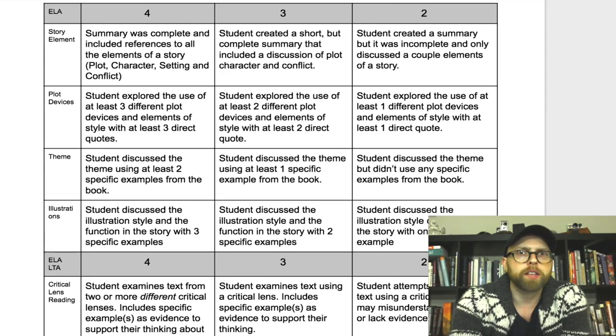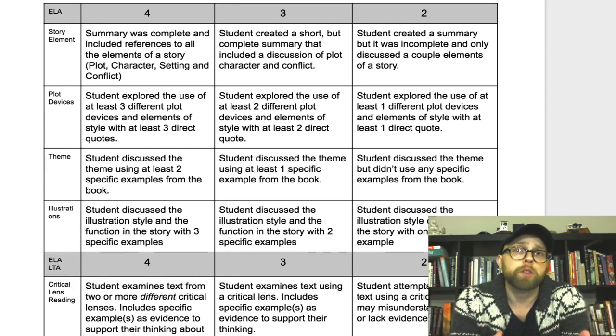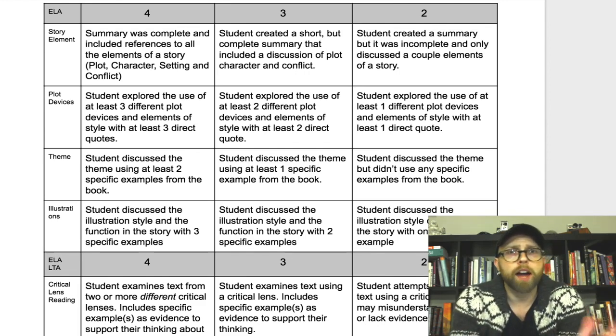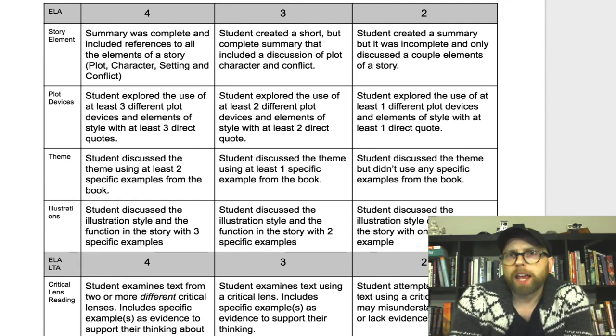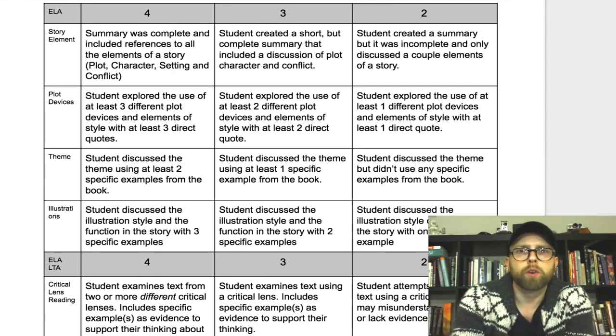The first thing that you're going to need to do for this is to create some type of a summary. It needs to be clear that you read the book, that you fully understood it, and that you're also addressing how the writer takes up certain story elements. Now, story elements is something that's probably a review for a lot, if not all of you, but it's been a while, I'm sure. I'll do what I can to plug some additional resources into Schoology if you want a quick refresher, but basically the big ones that we're looking for here, for proficiency at least, is going to be